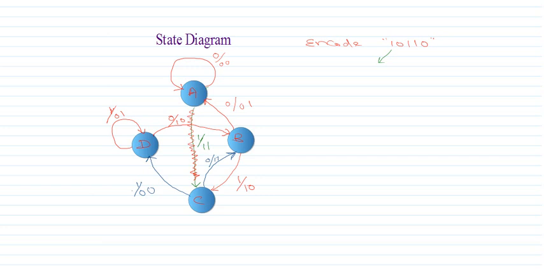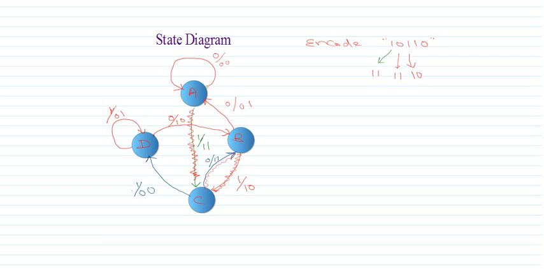1 1. Okay, and we are in state C now. When I'm in state C, when the input is 0, I have to move like this. It is producing an output of 1 1. You can see here 1 1. Then when I'm in state B, my input is 1. When the input is 1, I'll be coming back to C state with an output of 1 0. Corresponding to this, it is 1 0.